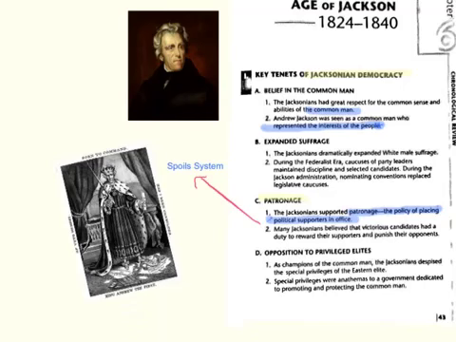Alright, moving on to Chapter 6 with the Age of Jackson from 1824 to 1840. First thing we're going to look at is something called Jacksonian Democracy, which you may at some point be asked to compare and contrast with Jeffersonian Democracy, and we'll look at that in just a minute. As far as the key tenets or the main points of it, first, Jackson was seen to both have a great respect for the common man, much like in Jeffersonian Democracy, but also to represent the interest of the people and the fact that he was seen as a common man as well.